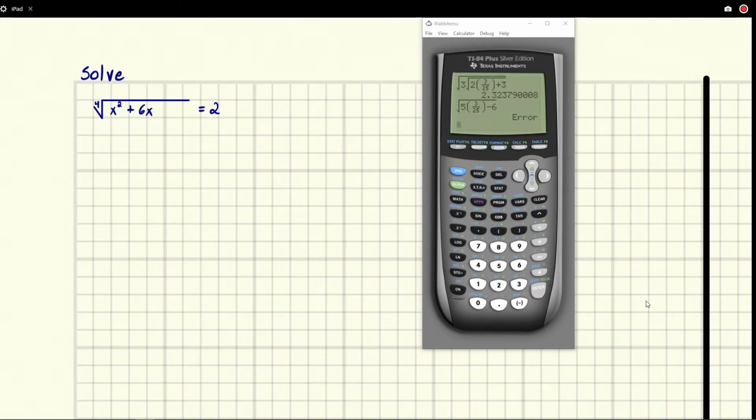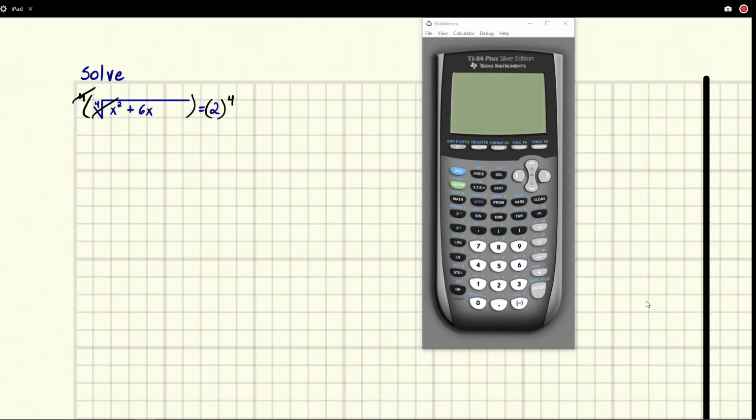It says here that x squared plus 6x is equal to 2, but we have a fourth root here. Whenever you have a root other than 2, what you can do is take that same power. So we can raise this to the fourth power because it's a fourth root. This creates 4 copies of this, and that's how many copies you need to cancel out this root, essentially. So this will simplify with this. But if we do it to this side, we have to do it to the other side